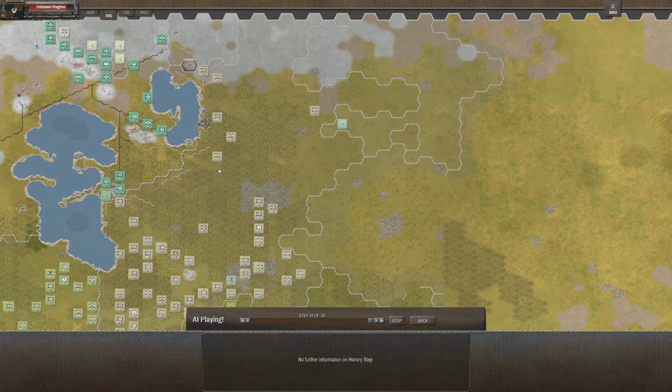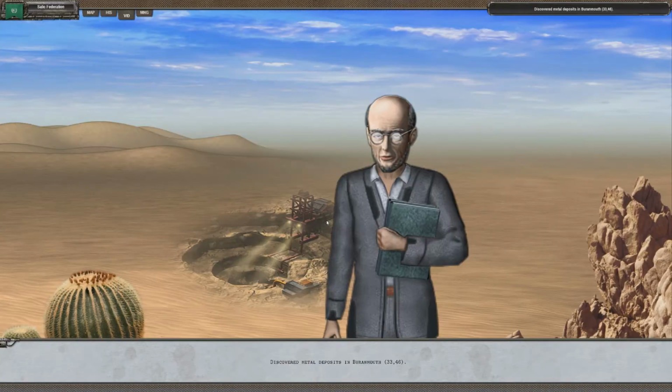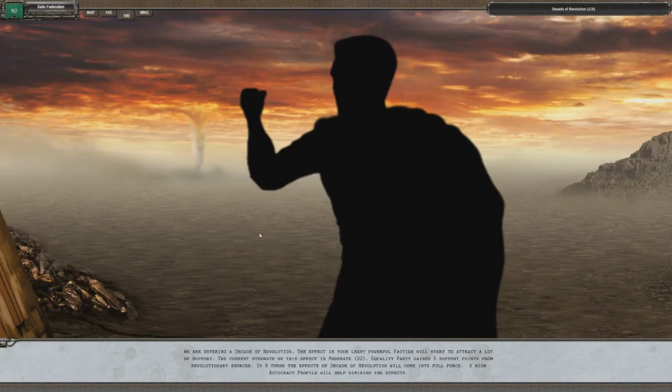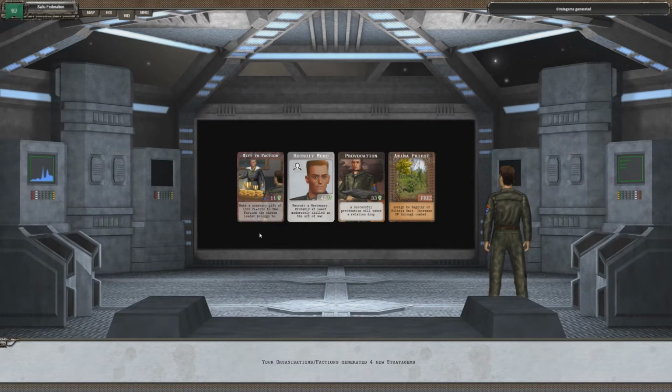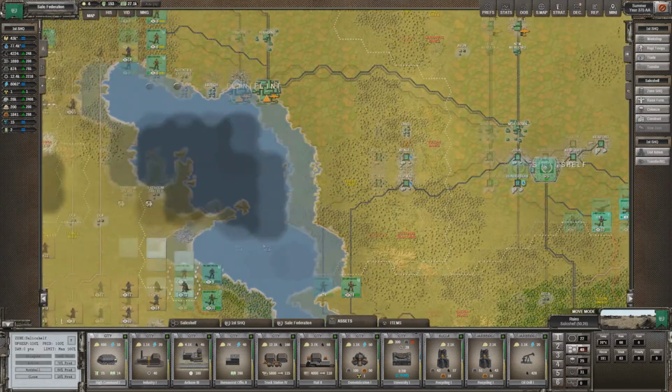I think the turn's over, so I'm not wanting to start on another subject. Yeah, killed 300 walkers. Cool. Got metal deposit. Oh, thank God. More metal deposits. We need those. If it's... I swear to God, if it's...